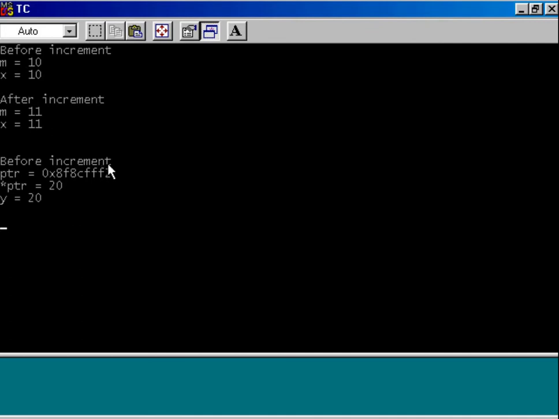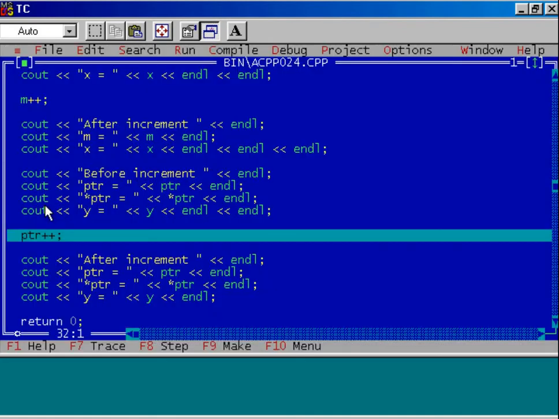Before increment, ptr contains this memory address. This is the memory address of variable y. Star ptr means ptr is pointing to variable y and content of that variable is 20. And last statement is displaying content of variable y. Again I will show you these statements. What we are displaying? We are displaying ptr, star ptr and y.